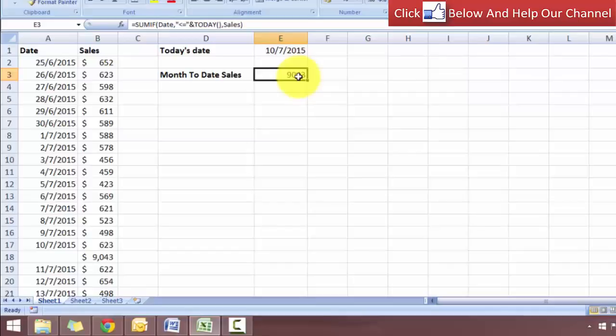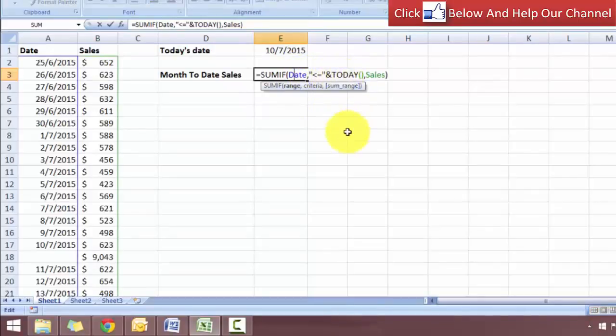So that is how you can do this. And remember, the important step in this formula is to include the double quotation marks and the ampersand along with the TODAY function. That is how you can use a SUMIF function to calculate the month-to-date sales or year-to-date sales in